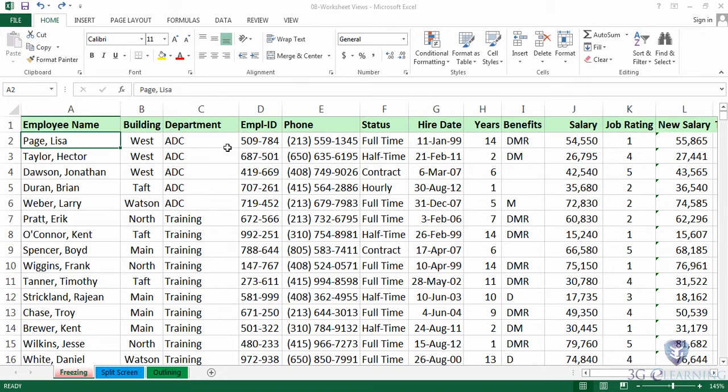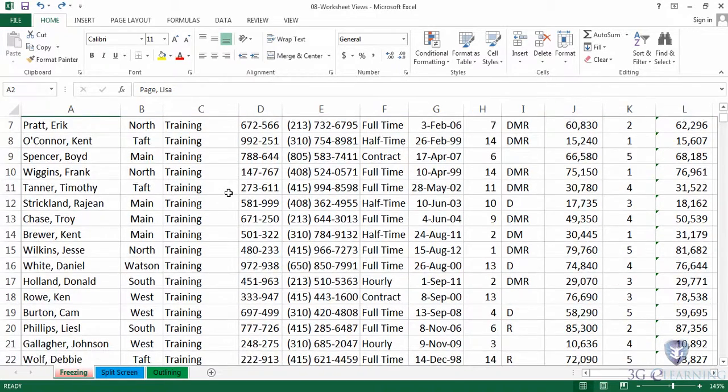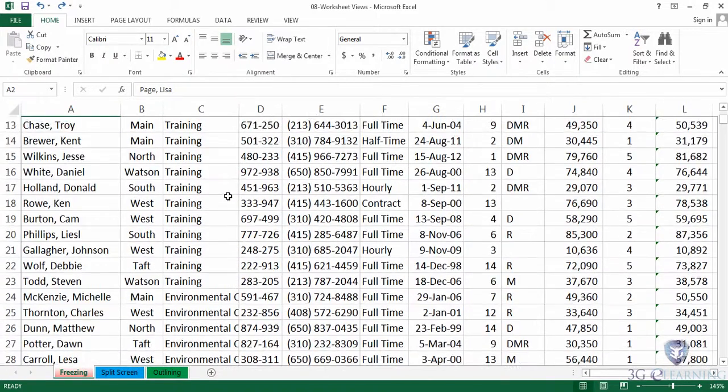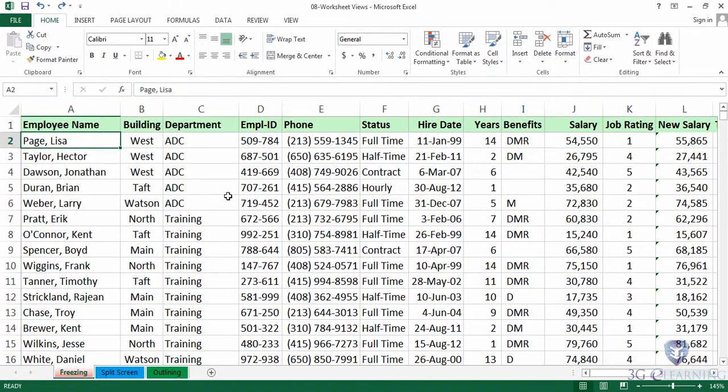When working with large amounts of data, you sometimes encounter a problem called freezing. I will use a mouse wheel to scroll down and look at some of the other records. I can see other records, but not row 1. Now, I want to be able to see the top row all the time, so the idea of freezing a